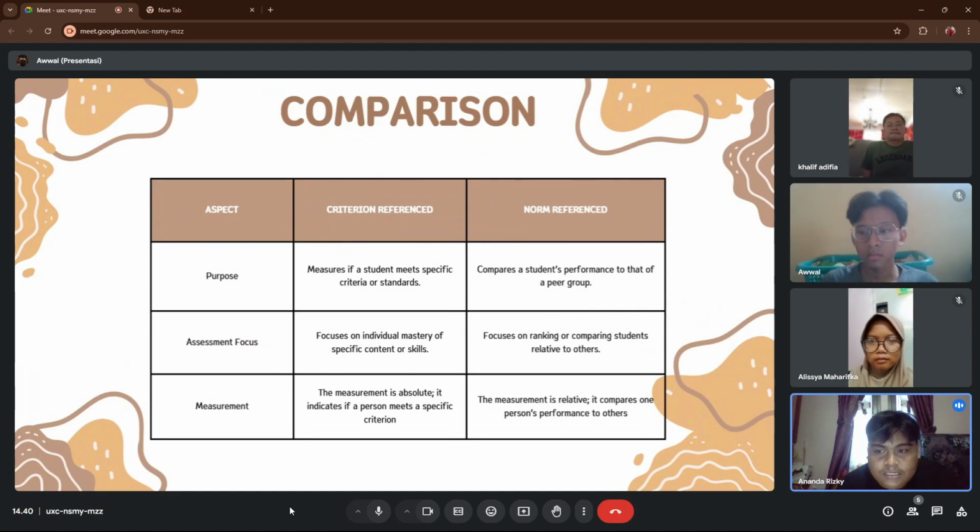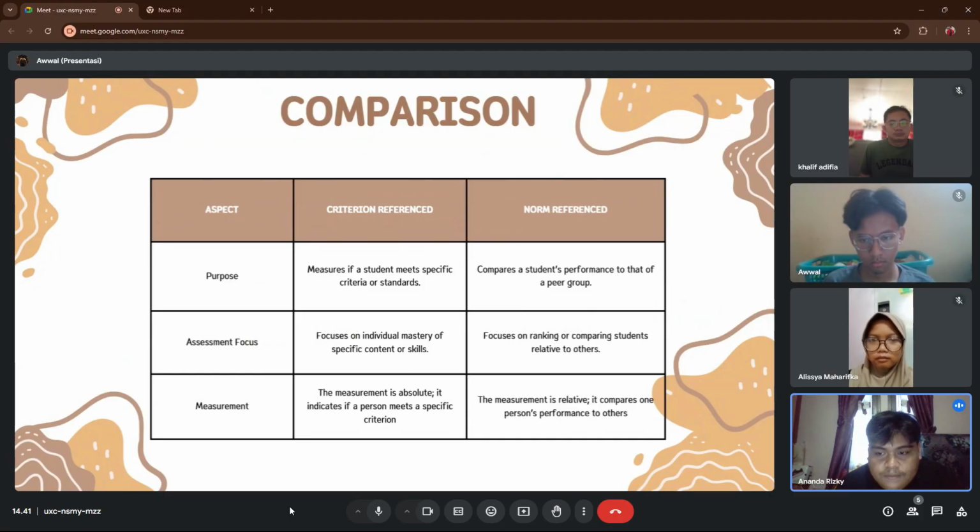Moving to the other aspect, we have assessment focus. The assessment focus of criterion reference is on individual mastery of specific content or skills. But for norm reference, it's focused on ranking or comparing students relative to others.